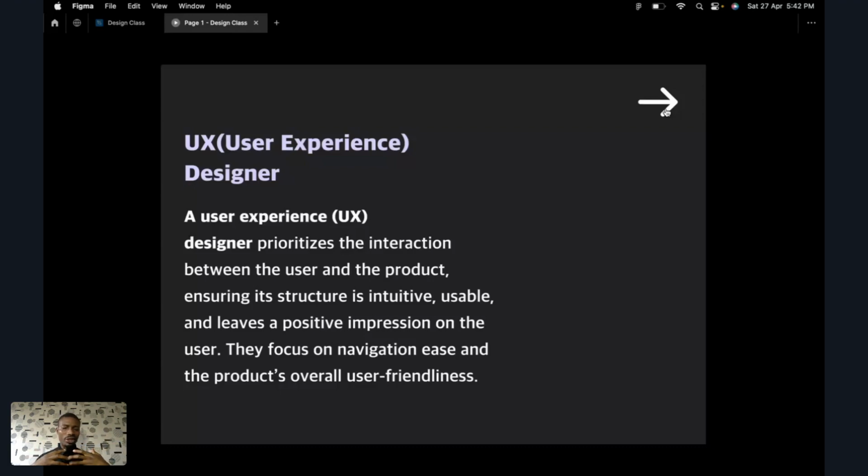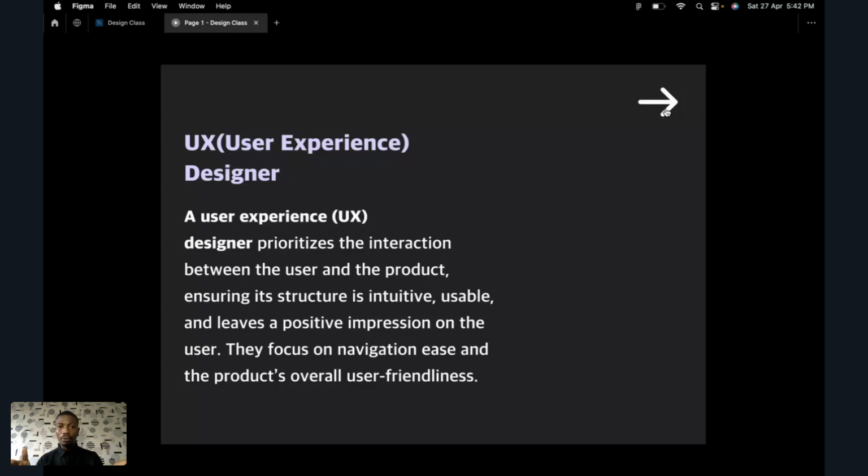So you as a UX designer, you must have empathy. You should be able to feel what the users are feeling. You should be able to put yourself in their shoes and ask yourself, even to navigate from point A to point B on this product, how am I going to do it in such a way that it's going to be so easy? So, for example, if I'm the UX designer working on